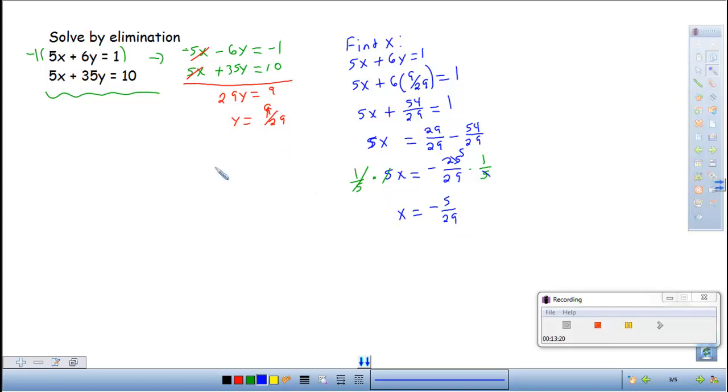So my point of intersection is negative 5/29 and 9/29. Okay. Therefore, they intersect at one place, so I'll have one solution. That's how you would solve that using elimination. Okay, so again, the objective, get one of your variables to have the same number but opposite signs. Okay, let's look at a couple of